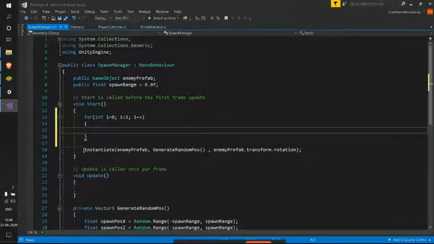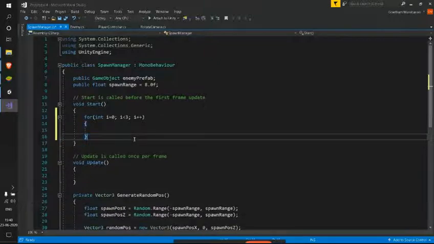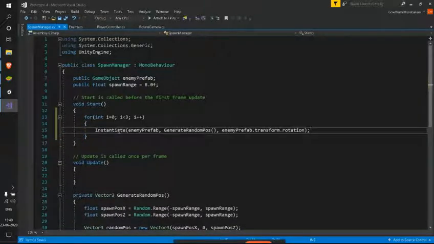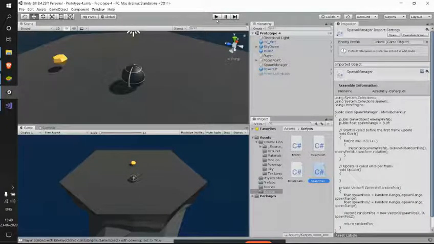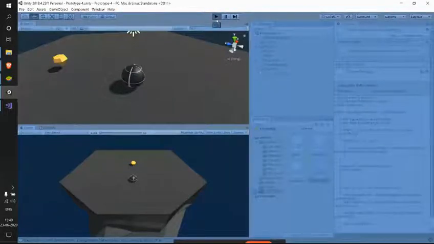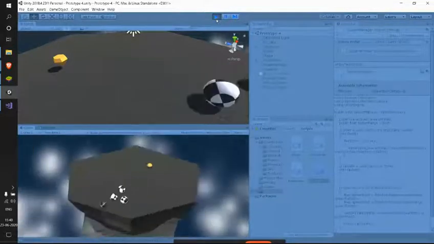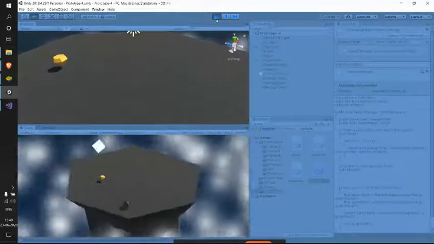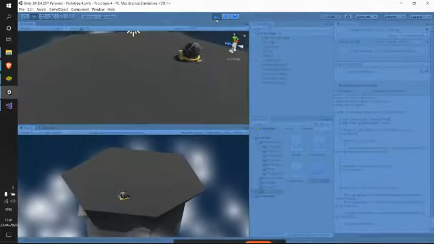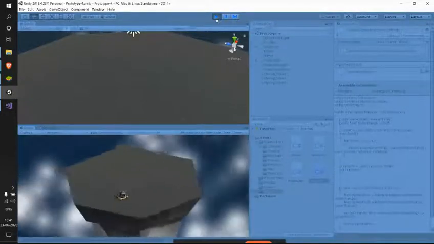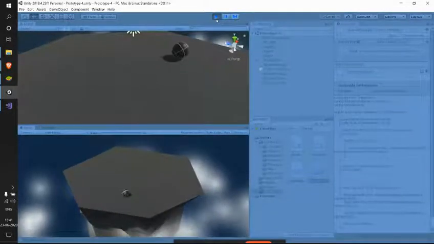Let's use this, and let me cut and paste that in there. So let's see what happens. Coming back to Unity now, we must have 3 enemies, yes, we have. Now we have used our for loop to generate 3 enemies. But even when the 3 enemies are dead, we don't have anything more, right? So again we became lonely on this floating island.